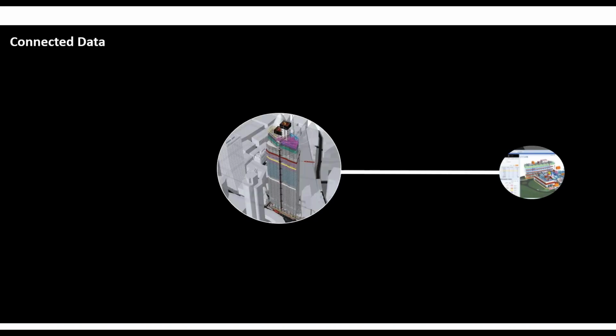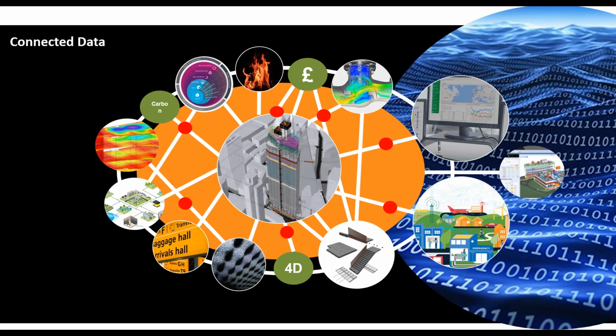Next slide. And similarly, if we just keep clicking through here, one of the main things here is that we're moving into a world of data. So we've been using documents and scale drawings as key deliverables in projects for centuries, actually. And we're now seeing the shift towards data that we want to connect into those digital twins that we just mentioned. So a shift towards deliverables that are more data driven, and how we might actually start to connect data within the design process so that we can make real-time decisions rather than having time lags of days, if not weeks, between when data is circulated between parties.